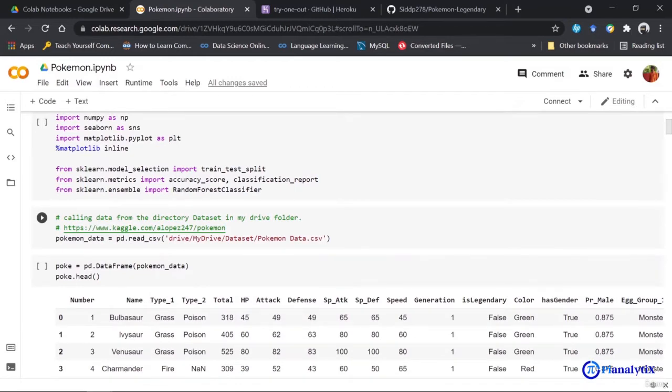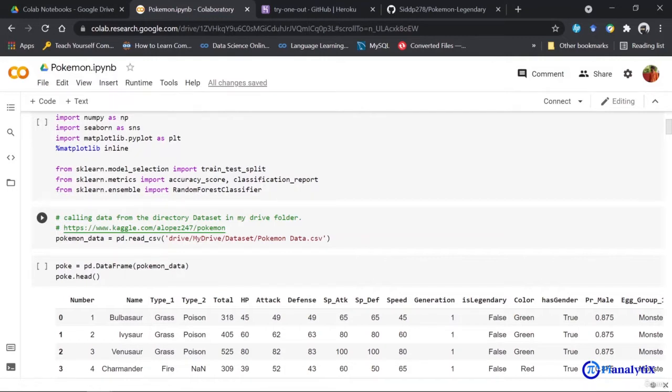Next, you can see I'm calling random forest classifier, and just to make one thing clear about random forest classifier is that this classifier overfits very easily on the data. So while we are training and testing, if we get a very high training accuracy but a very low testing accuracy, that means that the model has overfit on the data.